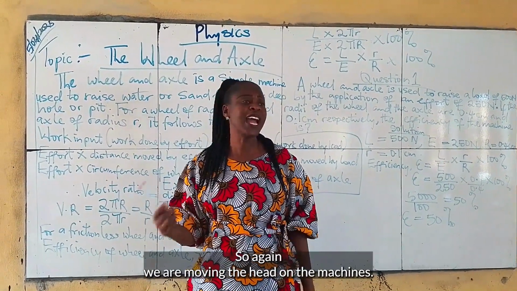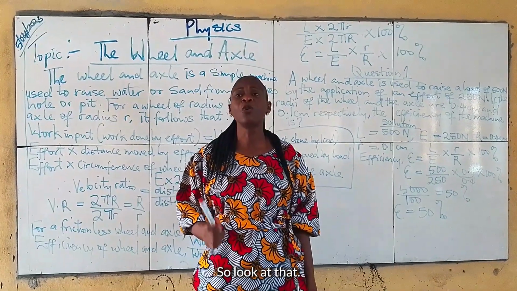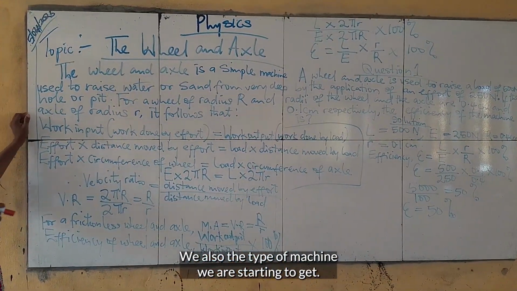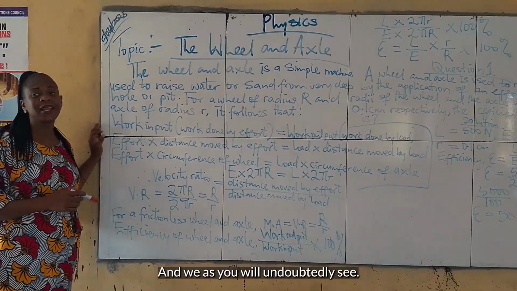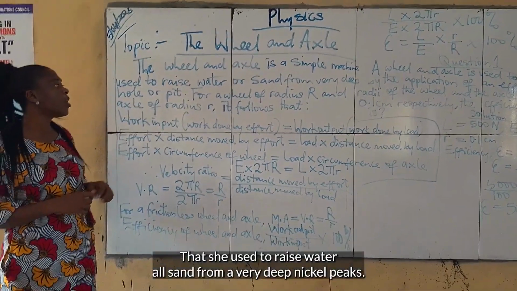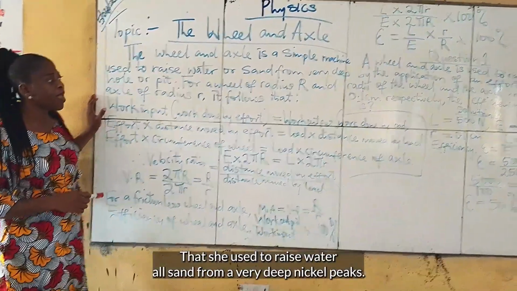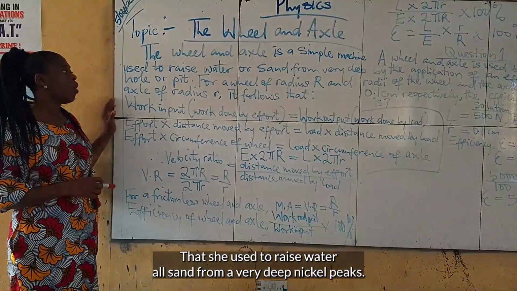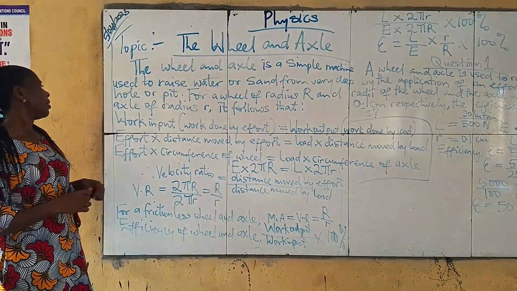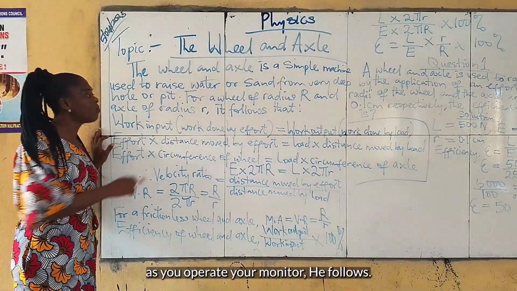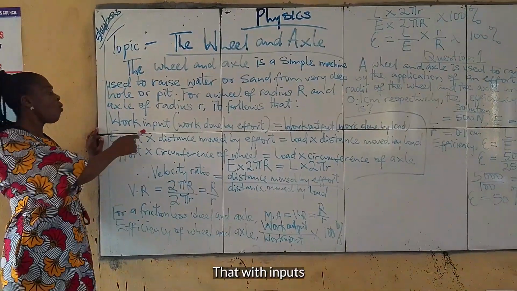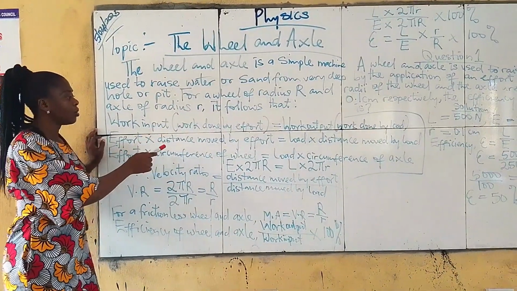Today we'll be moving ahead on the machines to look at the wheel and axle. The type of machine we are studying today is the wheel and axle. The wheel and axle is a simple machine used to raise water or sand from a very deep hole or pit. For a wheel of radius R and axle of radius small r, it follows that work input, work